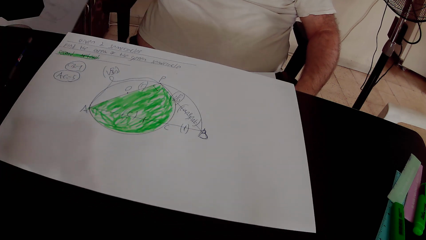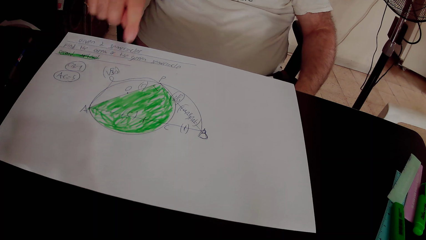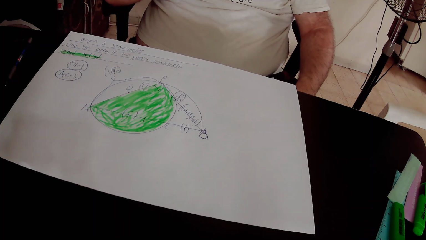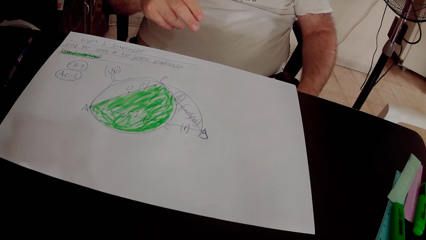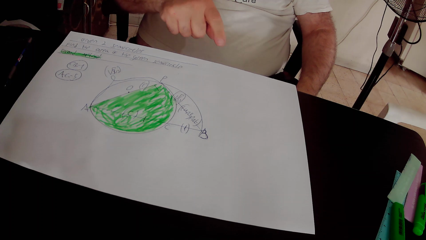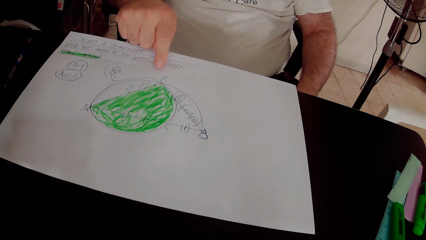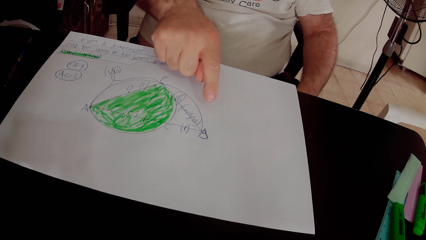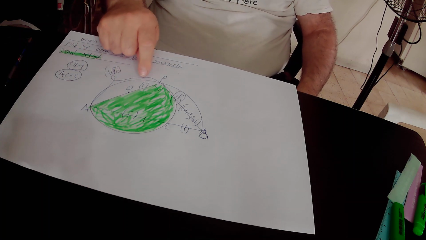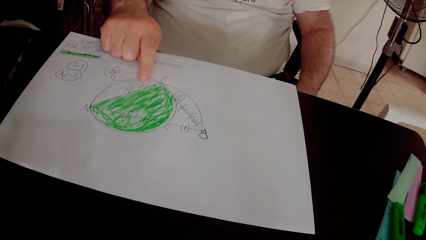Okay, so actually, this is peripheral angle APB, that is a right angle. So peripheral angle APB equals 90 degrees. That is to say, line segment BP is perpendicular to line segment PA. Again, line segment BP is perpendicular to line segment PA. PA is the diameter of this green semicircle,